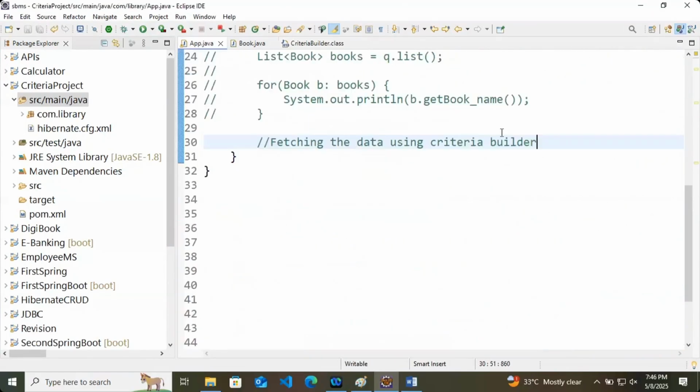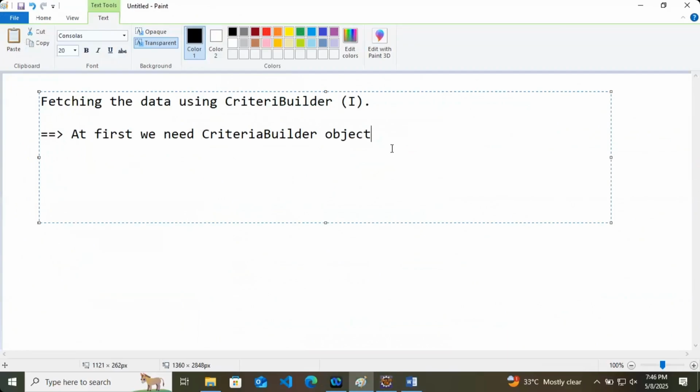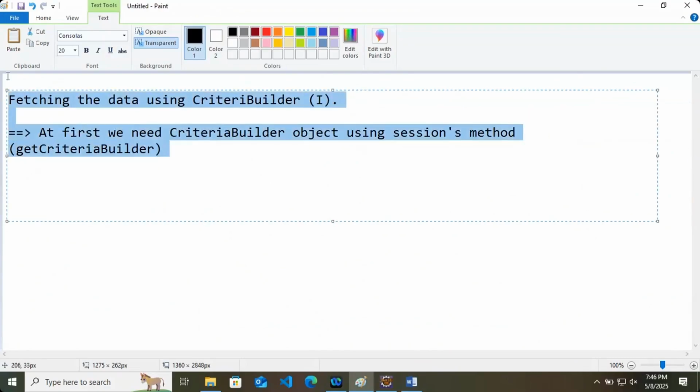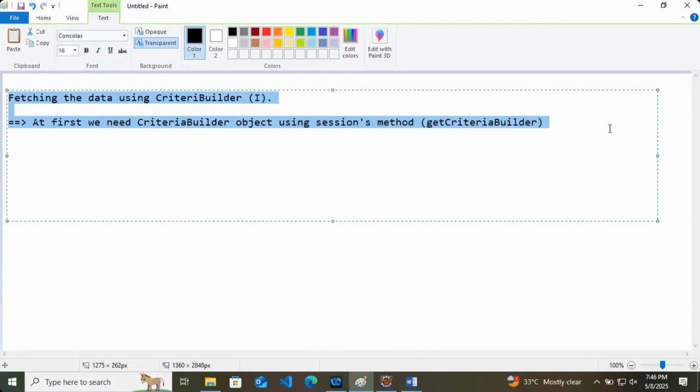In my project, the very first step, I will build the CriteriaBuilder object using the session's method. The session has one method, and the method name is getCriteriaBuilder.